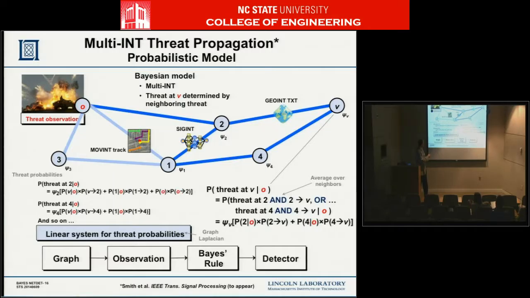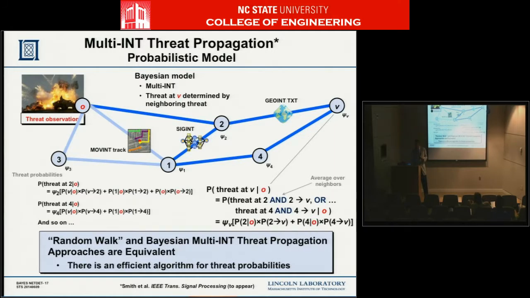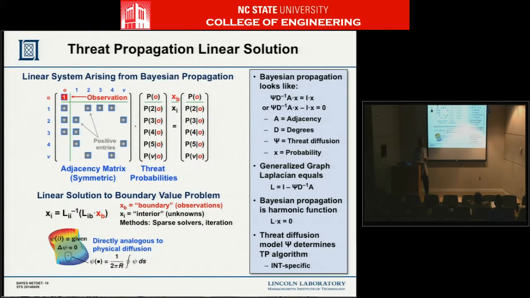But if you look at these equations, this is obviously a linear system for all the threat probabilities, which, as we'll see, involves the graph Laplacian directly. So let's solve that system. And I'll also note here that, I think it's intuitive, but we describe this exactly in our paper, that these are equivalent approaches. Whether you piece your random walk together all at once and talk about paths, or you talk about each link separately and then average them all together, they're different ways of describing the same fundamental description of the problem.